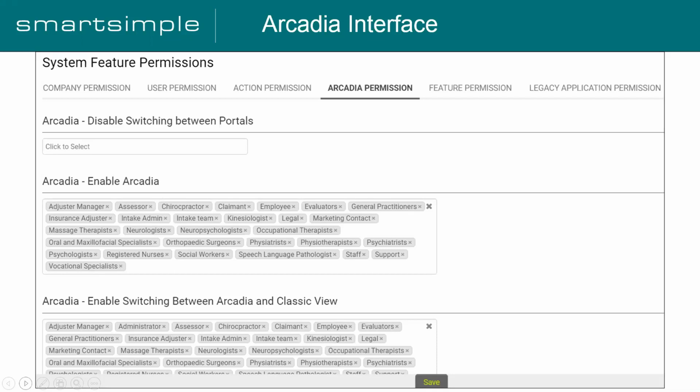And enable switching between Arcadia and Classic while they're doing the testing. So to test between Classic and Arcadia, they can actually switch between the 2 interfaces while they're logged in. Just by clicking on their name, they get the option of Classic mode, and they're switched back to the Classic mode. So there are options for doing it by role, where you can set it up for different roles and then have those roles tested by just switching their profile to Arcadia mode. However, as I said before, even if you do a global switch for all the users on the backup, you can have one group of users go in and do the testing. It'll be much easier without having to worry about enabling these permissions.